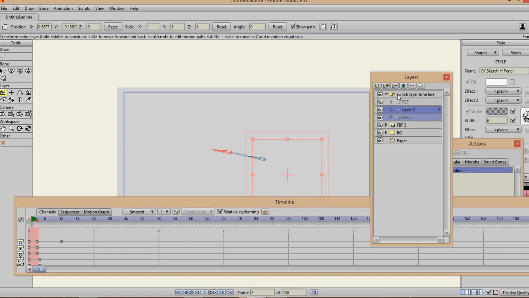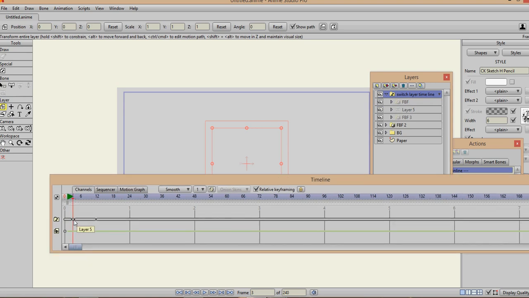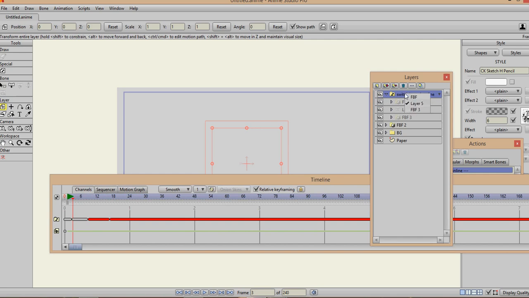So now I've got this blank spot on the timeline. And what I'm going to do is grab this and push it down the timeline too. Okay. And you can see where,